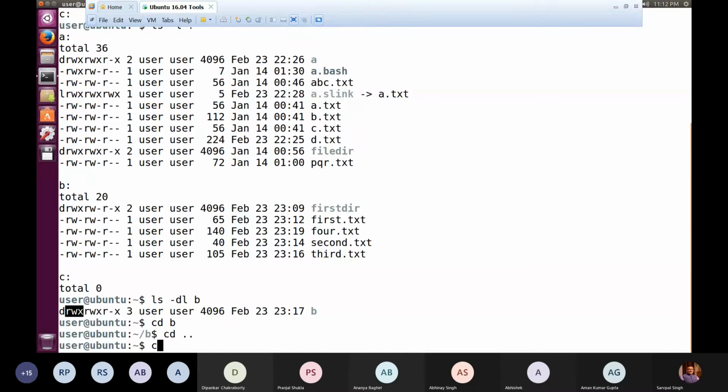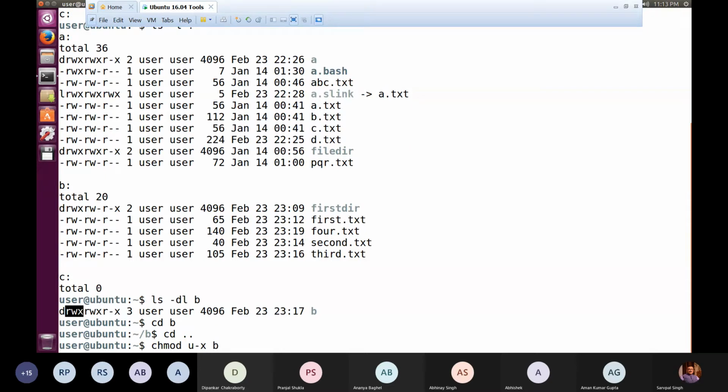For example, let us see the chmod command. Since I'm acting as a user, I'm the owner of that file, and when we take the execution permission back, we have to give minus x. That means we are removing x permission, and we are removing it from a directory file.